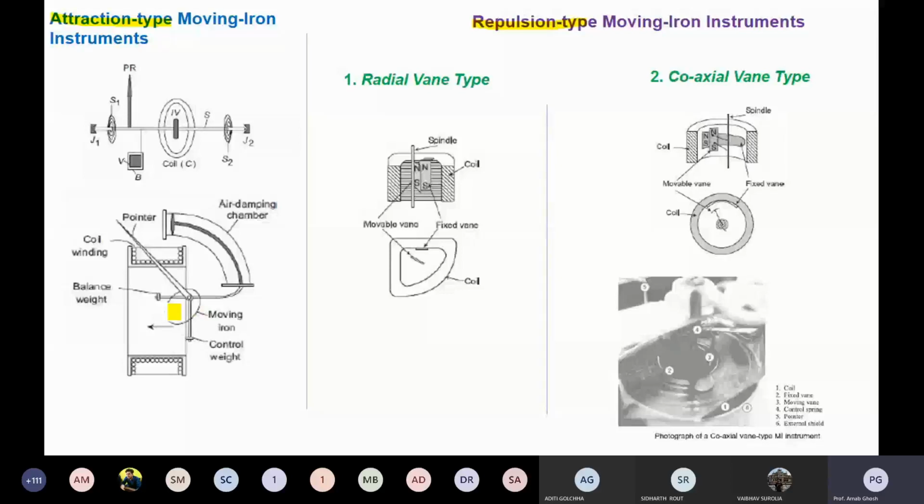On one shaft, the most important thing is the moving iron former, the elliptical-shaped piece, called the moving iron former. It is connected with the pointer. You can see another piston there, an air piston, which is also the damping chamber. Why so many controlling units compared to the PMMC instrument? I am coming to that.